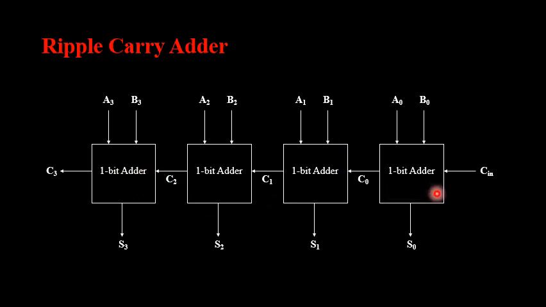Each adder is performing a single bit adder operation, accepting the inputs in terms of A, B and the carry input from the previous stage, and it is going to give me two outputs from a single bit adder, that is sum as well as carry output. So for the first bit it is S0 C0, second bit it is S1 C1, third bit it is S2 C2, and for the final, that is the fourth bit, it is giving me the output of sum as S3 and carry output as C3. So this is the normal adder circuit which we have used in our design as well as implementation of an ALU. This particular type of adder circuit design, we call it a ripple carry adder.